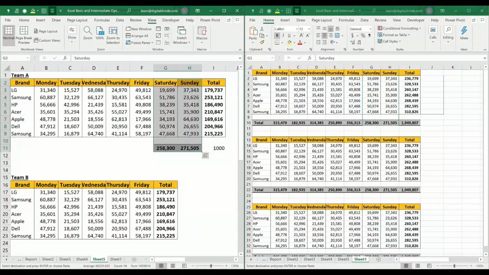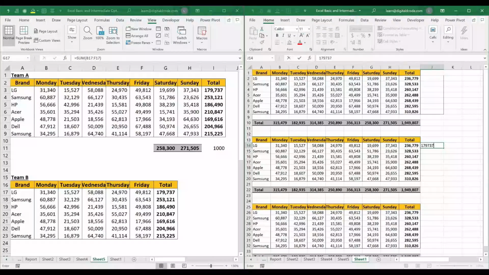Or if you have some reference here, and you want to copy the same reference in this cell, you can use this. Now I have 179 total for LG. So I can update the same here. For LG it is 179,737. So one sheet you can keep as a reference, another sheet you can work in. Both are same, no changes.